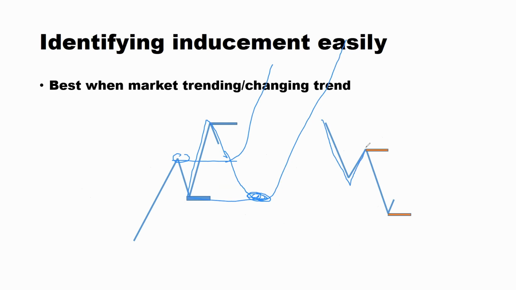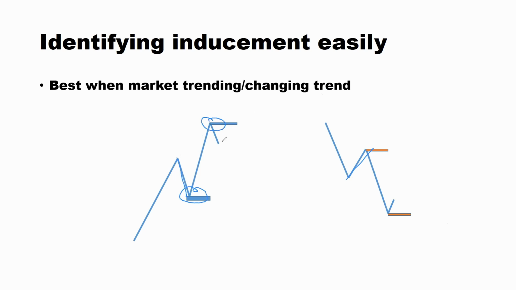The market makes this low, makes a lower high, makes a low. The market may come and stop here, yes, on the previous lower low, but it also has the liberty to come and push up to here. So this space here can be used by the market to induce you into making a decision that is not right. Actually, some people are going to be saying that these lower highs and higher lows are what is called inducement, but actually it's not those levels. It's the space between the lower high and the lower low. This space here can be used by liquidity providers to cause inducement or to grab liquidity,